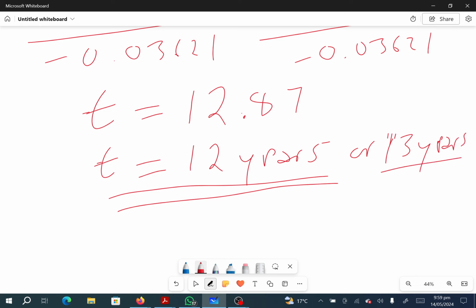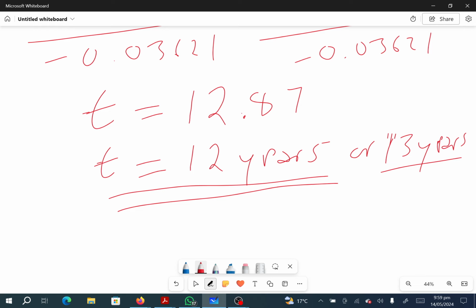You can make your conclusion: get your pen and write that the machine will have a depreciated value of 102,550 kwacha approximately at the end of the 13th year, which corresponds to